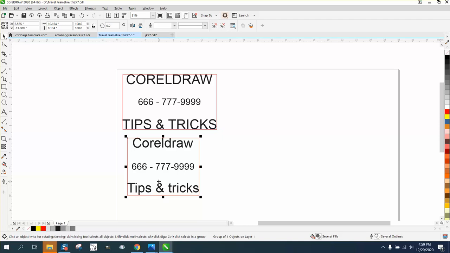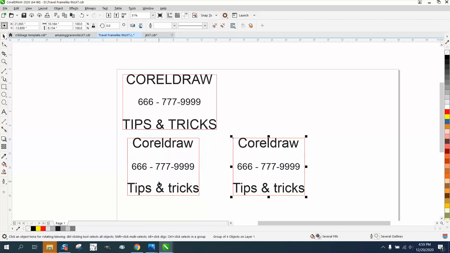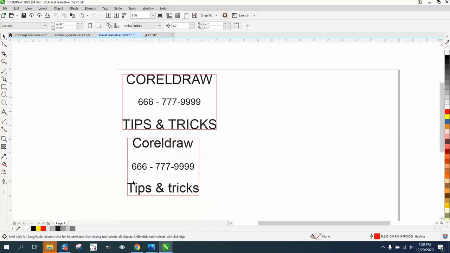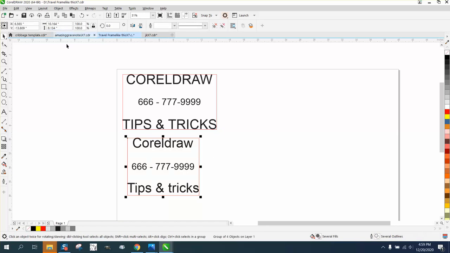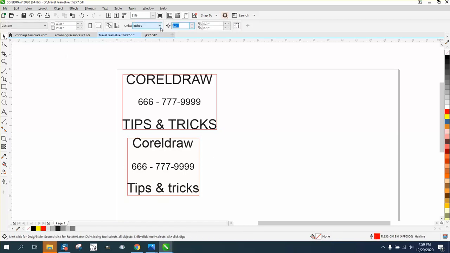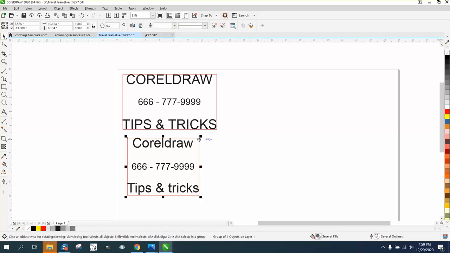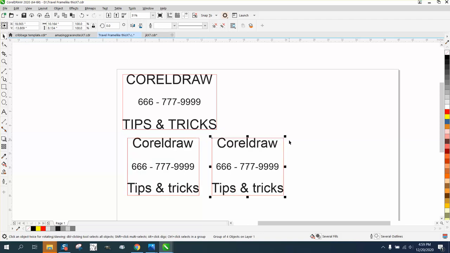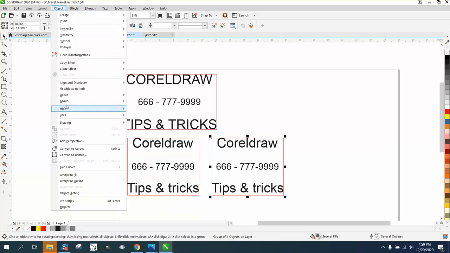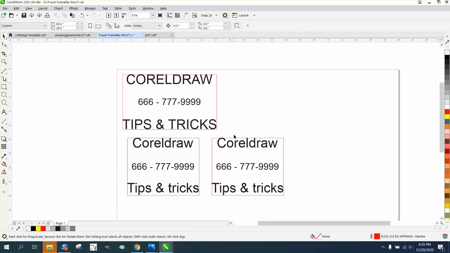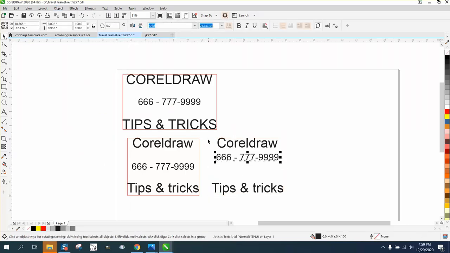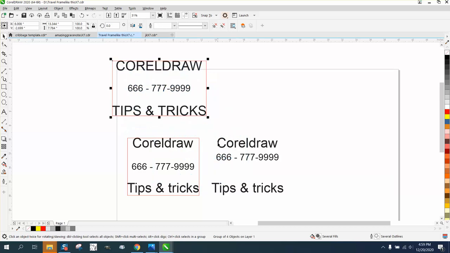So let's try another little test. Let's Control D and move it out of the way. You know what? I'm going to nudge it. Let's change our nudge to 12 inches, and let's nudge this out of the way. Control D. Now let's ungroup it. Take away our rectangle, but we're not going to need it in this one. So let's put this thing here, and we're going to grab both of these and we're going to hit,